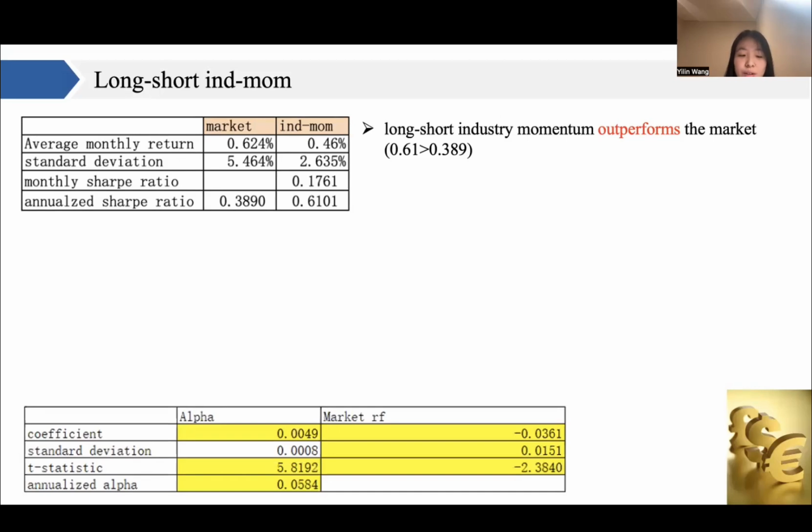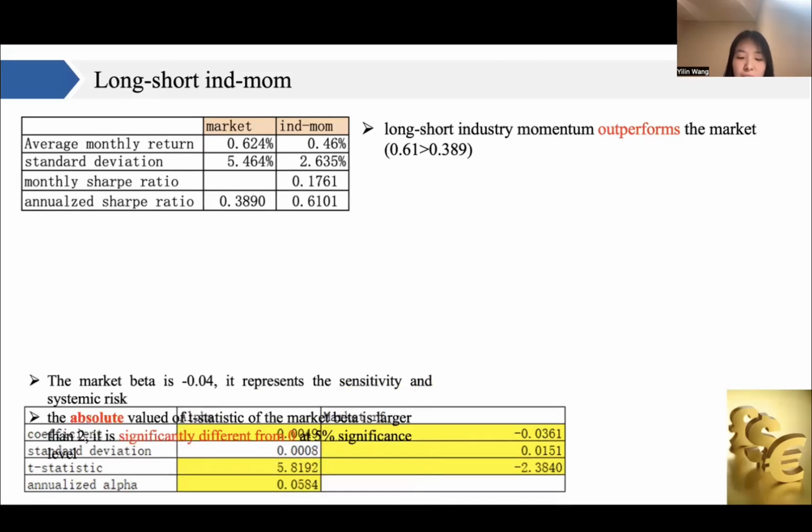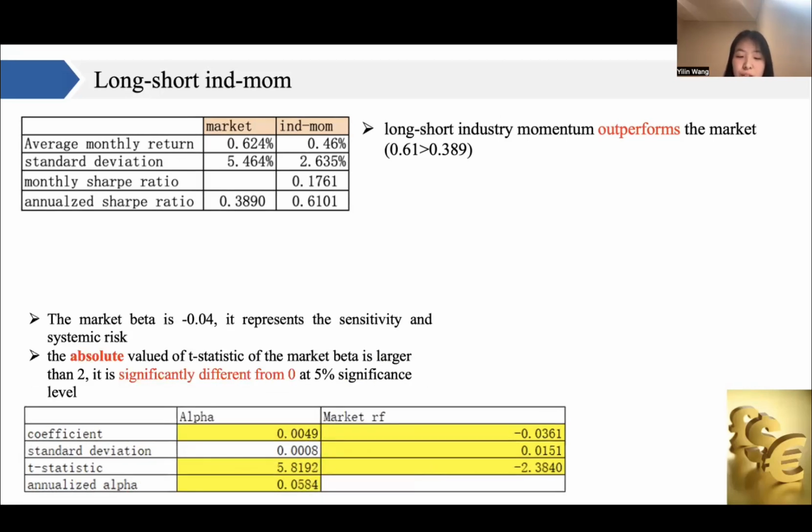From this table, we knew that the market beta is negative 0.06. It represents the sensitivity and systematic risk. And the absolute value of the T statistic of it is larger than 2, so it is significantly different from 0